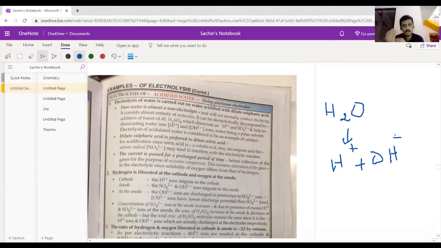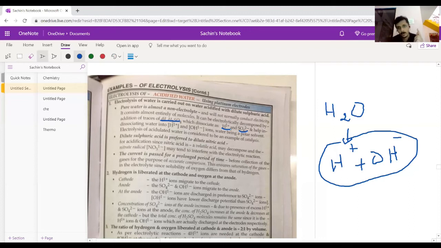So there are not enough ions, because remember in the Arrhenius postulates in the previous video, you can refer to that if you haven't gone through it yet, the electrolysis or conduction of electricity through a solution depends on the concentration of ions. But here the ionic concentration is very low, hence there won't be conductivity. So pure water is not a conductor of electricity. That's why we will take dilute H2SO4, dilute sulfuric acid, which will dissociate into H plus and SO4 2 minus. Here H plus is the cation, SO4 2 minus is the anion.